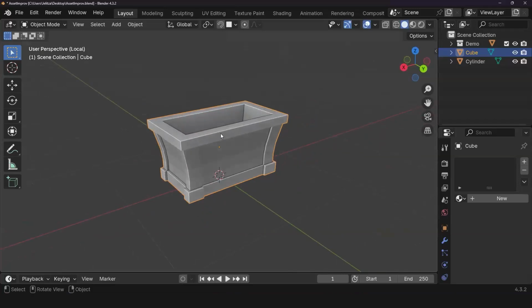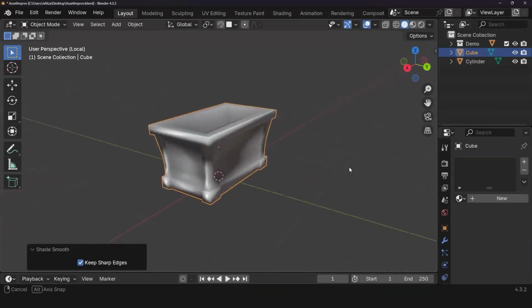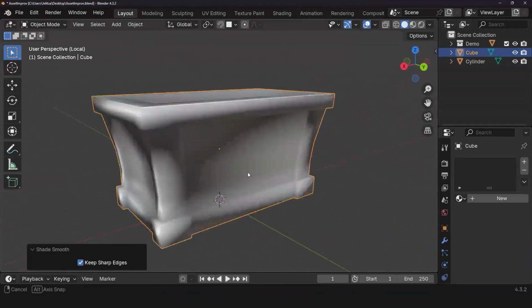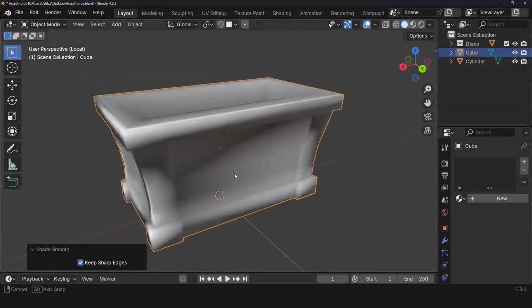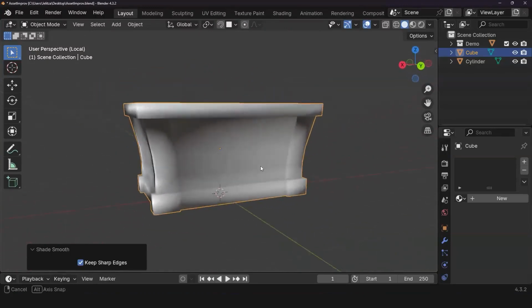If I were to do a right click, shade smooth, of course, that is not going to look nice. Does anybody know the reason why it doesn't look nice at the moment? What happens when I did shade smooth? Are you missing the details of it?